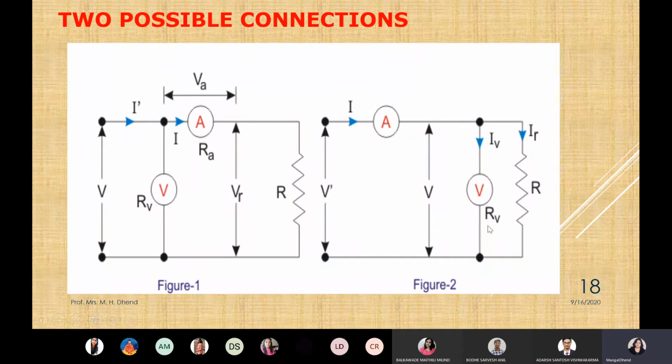But to eliminate the error I have discussed, you can just miss it, because this ammeter has resistance and the wire will also have resistance, because connecting wires do have resistance. Even if it is small, it is having some resistance. And that voltage drop across the resistance will be in your measurement. So one solution is to reduce this error.